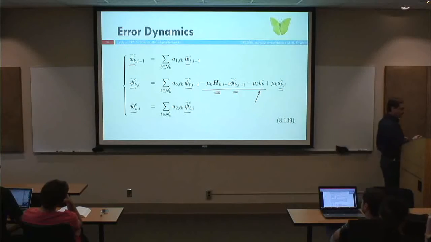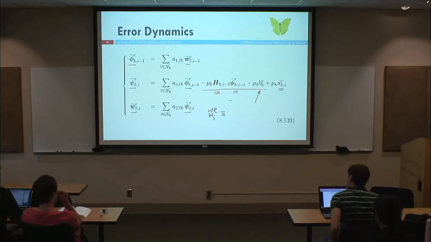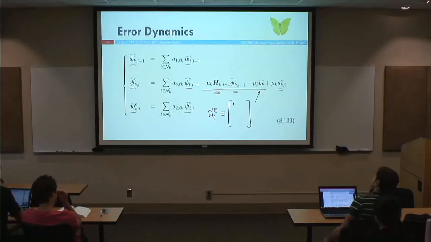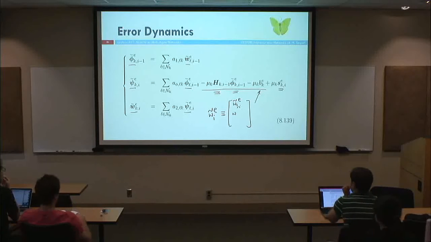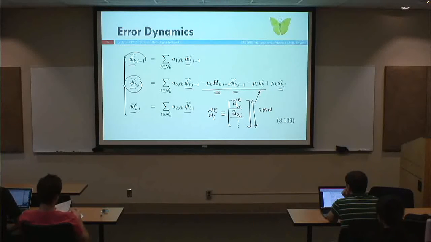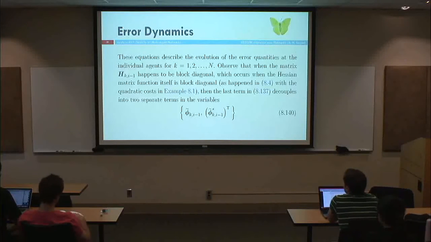So I'm going to call it this big vector W tilde i, extended. It will be the vector that will contain the individual W tilde. This is at node 1, then node 2, and so forth. So what would be the size of this vector? 2M, and I have N of them. And you can do the same for this, the same for that. So when you do that, okay,